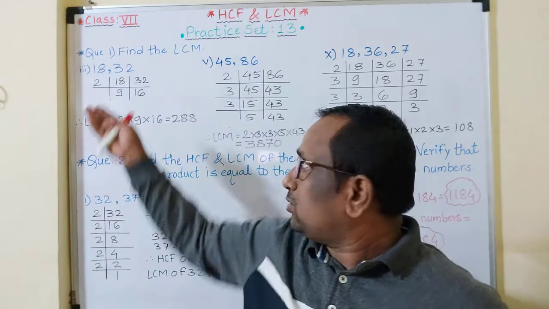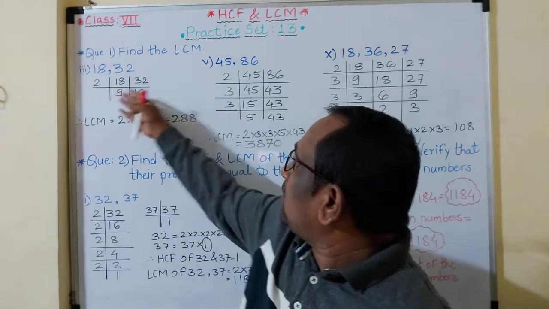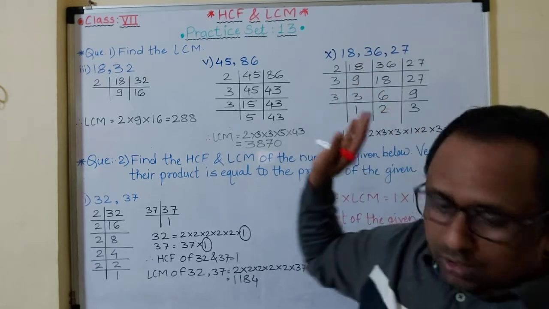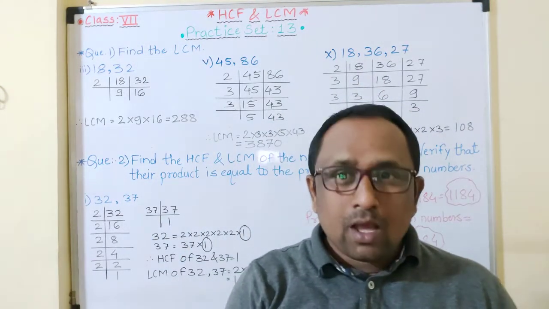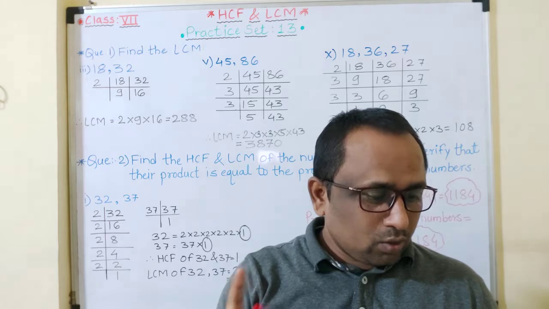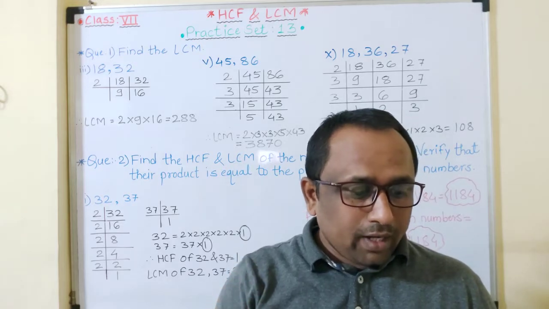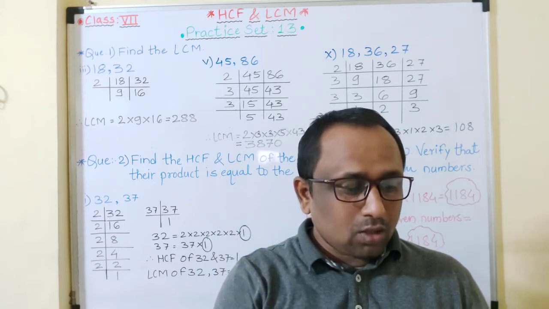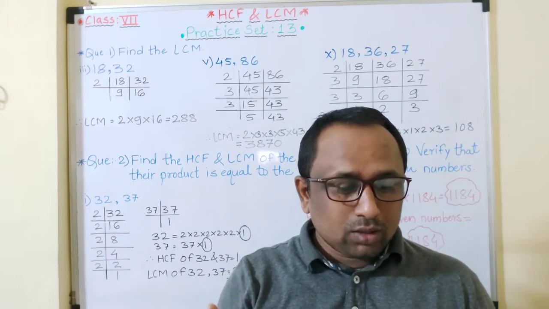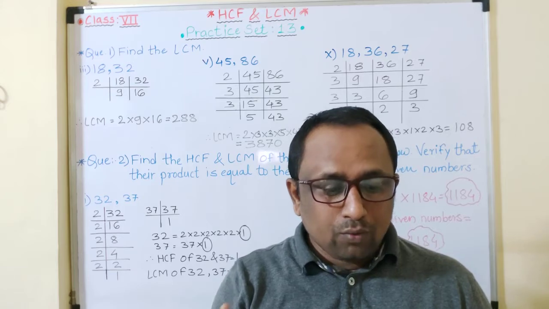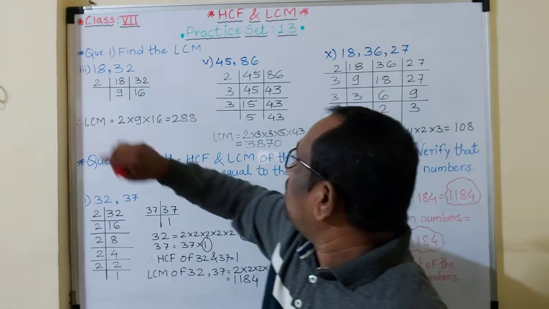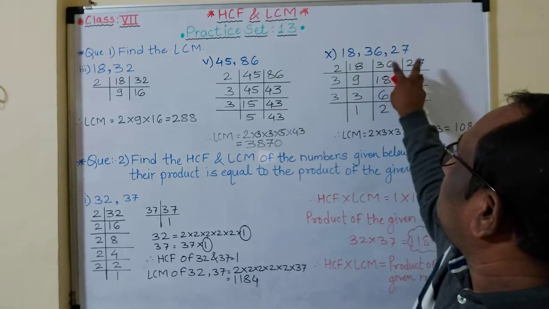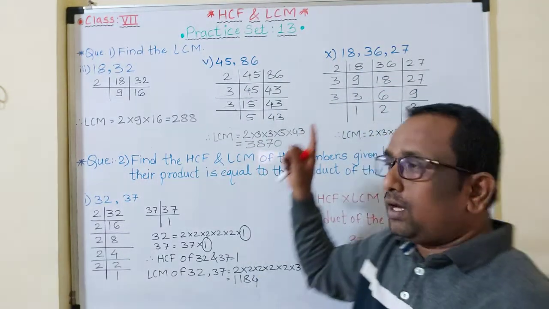We have to repeat, meaning we have to make the factors here in one step, here in three steps the answers came, here also three steps. We'll see while solving this. Now one more rule is there: find the number that divides at least 2 of the numbers obtained, and divide those numbers by the number you find. Now here only 2 numbers are there, in this example also 2 numbers, but here 3 numbers. So this rule is applied here.